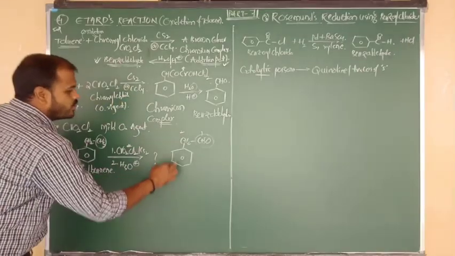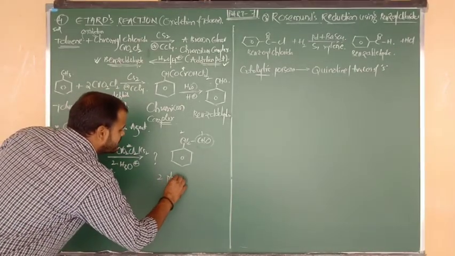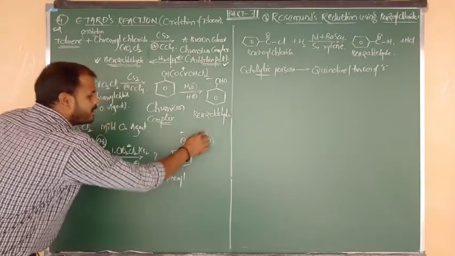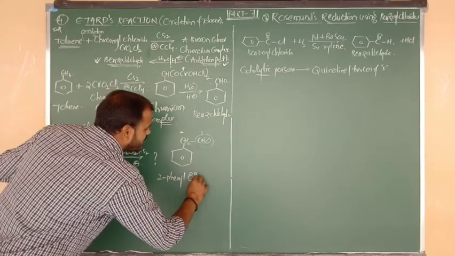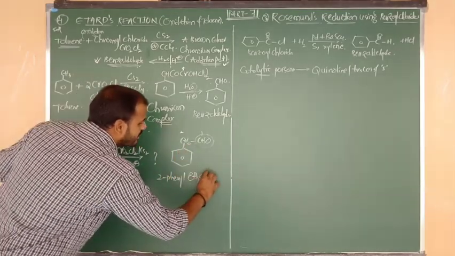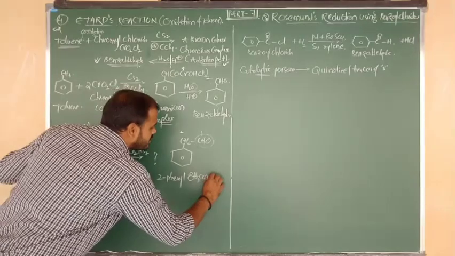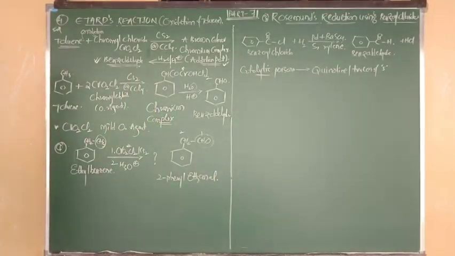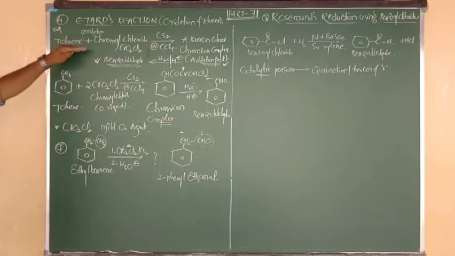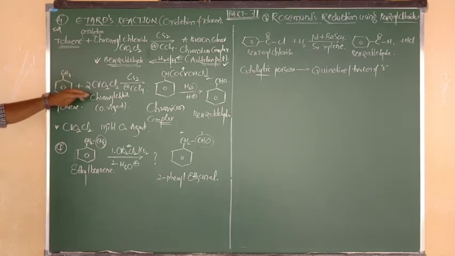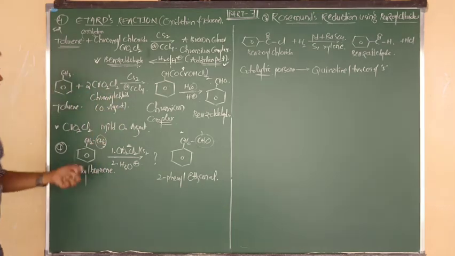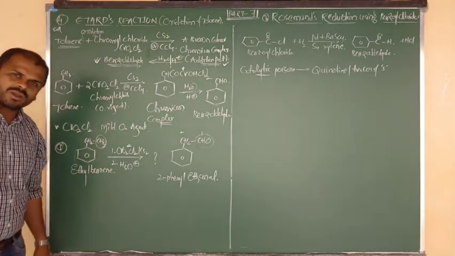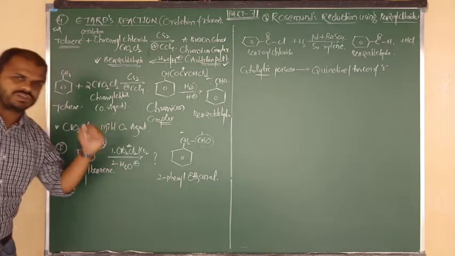Here, at position 2, connected to the side chain, simply we can say 2-phenyl. The remaining 2 carbons are there, that is nothing but eth. The single bond is there, nothing but an. And the functional group is nothing but aldehyde. Okay. This statement and reaction is a very important question, maybe for 2 marks and maybe for 3 marks; they can ask in any way. And one more question: the oxidizing agent is chromyl chloride, and it is an objective question.